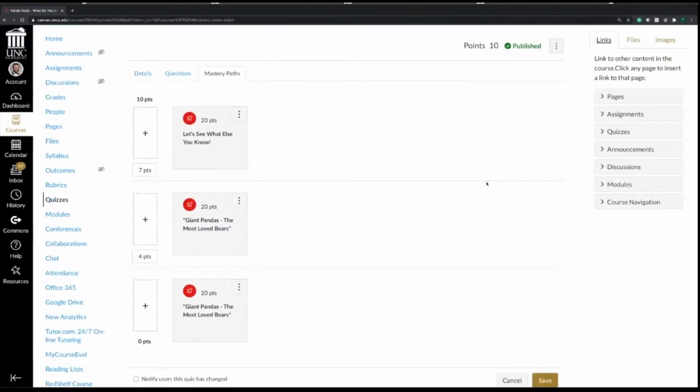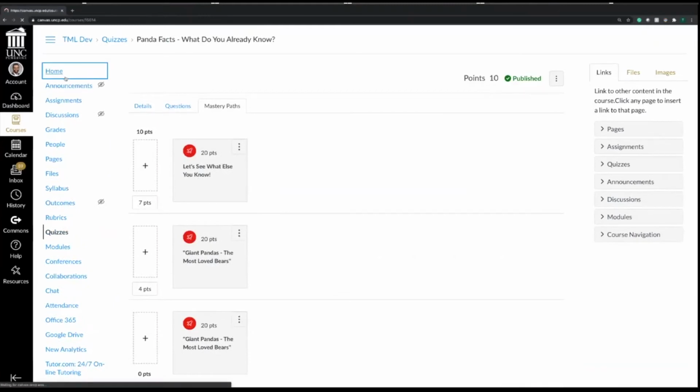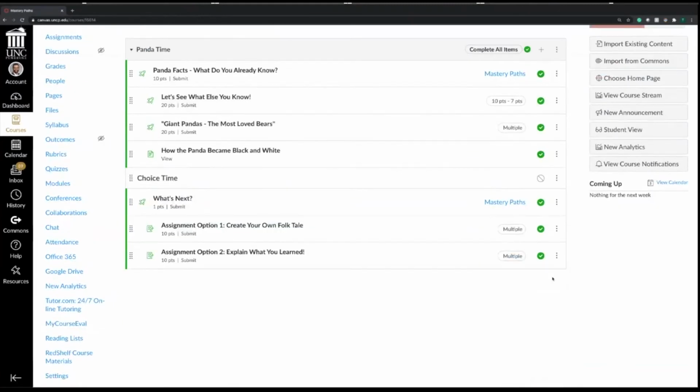So with the first little test here, if somebody scores a 0 to 3, they're going to take this path. If somebody makes a 4 to 6, they're going to take this path. And from 7 to 10, this is the way they're routed. So if I come back here and click on home and go to student view,